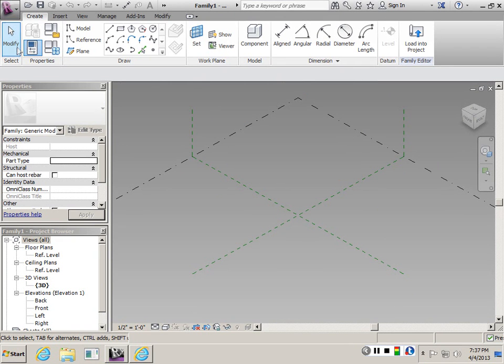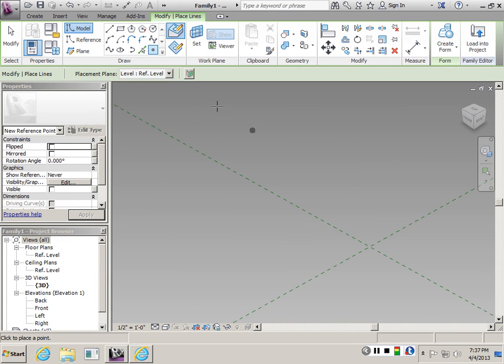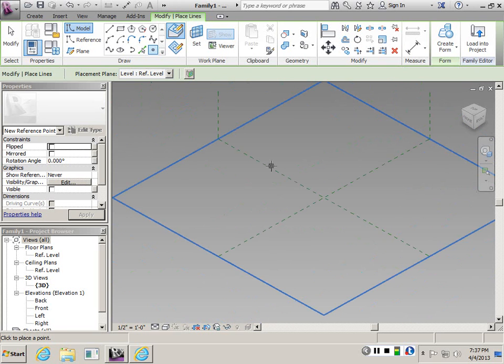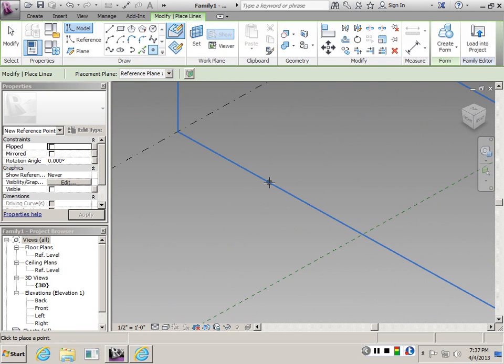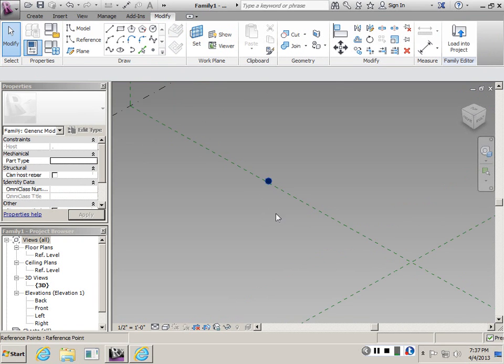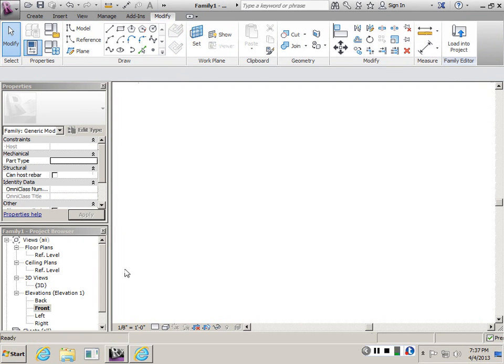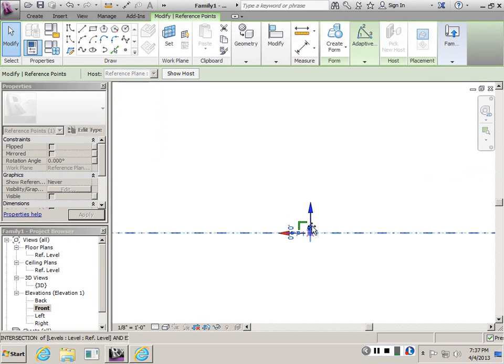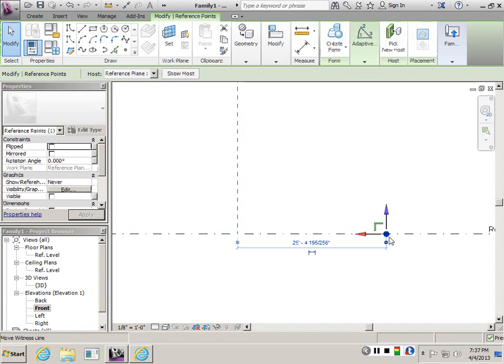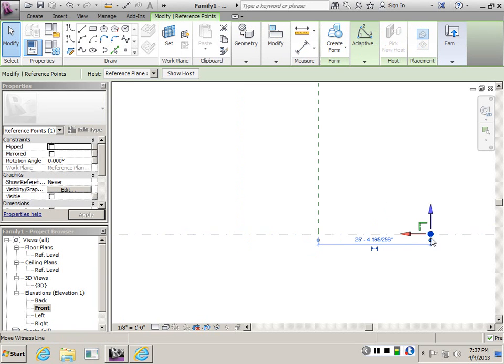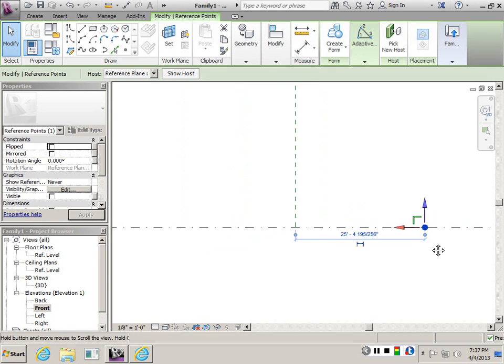So under create, under draw, we have the point element. So I'm just going to place some points here, and let's specify the work plane, and then let's place it here. And let's go to the elevation, and the point is there. I'm just going to move it down and lock it to the reference plane. You don't have to do that, but I want to just create other instances of it that will control my